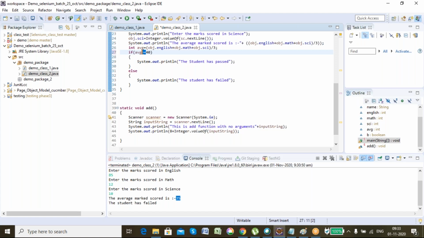Why? I will tell in a specific class where we'll be learning about strings only, because string itself is a class, and for that we need a separate class. We can compare using double equal to the integer data type and the character data type, but we cannot compare the string data type. For string, there is another way, which we'll be learning in the string class. So the difference is single equal to is used for assignment, double equal to is used for comparison.